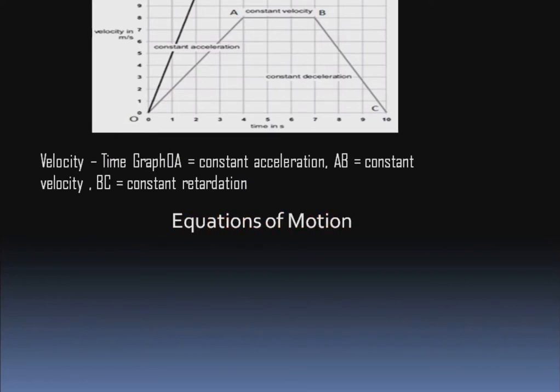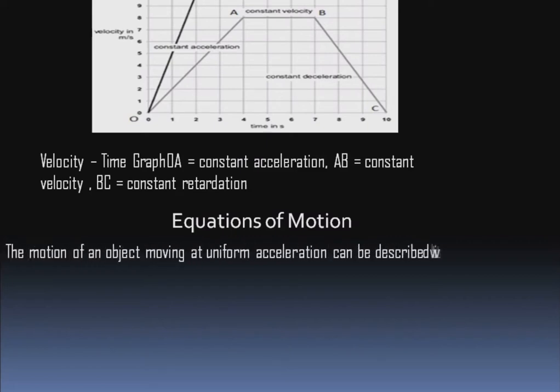Equations of motion. The motion of an object moving at uniform acceleration can be described with the help of three equations, namely